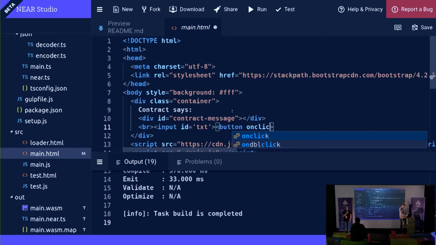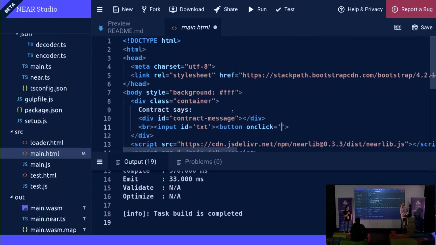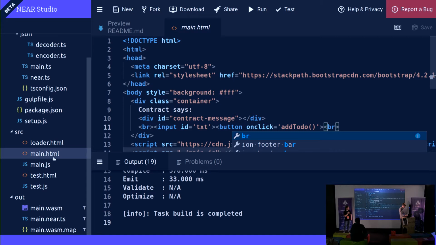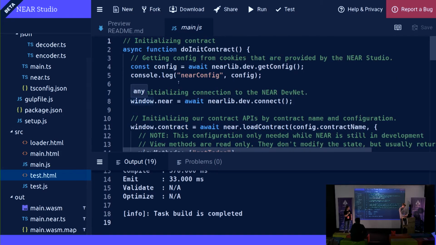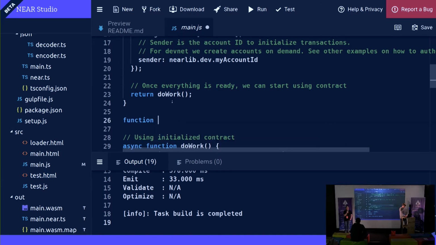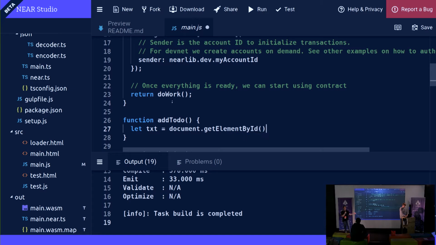This is now just plain JavaScript and HTML development. Obviously, ideally, you would use something more sophisticated, like React or Vue. But for the sake of this short demo, I'm going to make it simple. The way this connects to the blockchain, we have a JavaScript library which you can import into any HTML file, and then you are basically writing JavaScript code for your front end.